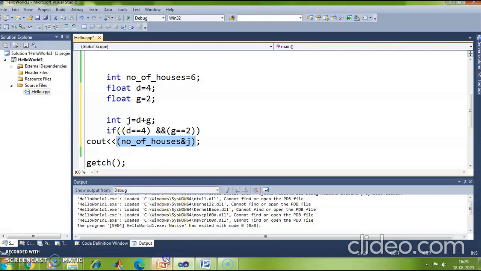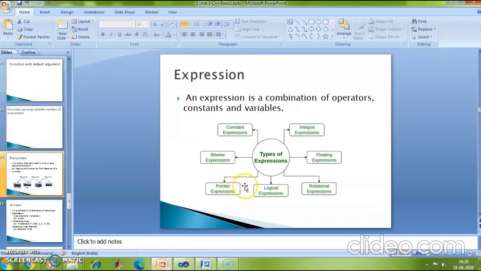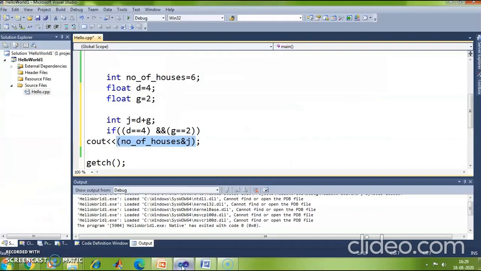Okay. Similarly, we have pointer expression. A pointer expression involves pointers, right? For example, suppose I declare a pointer here. Before declaring a pointer, I would like to say that a pointer is a variable that holds the address of some other variable. And how is it declared?